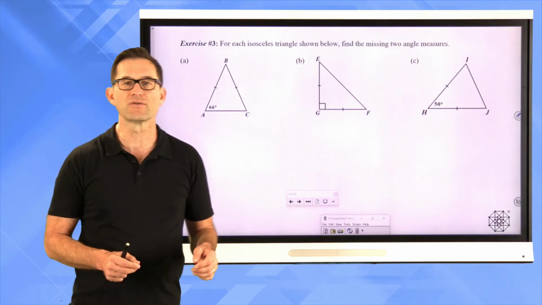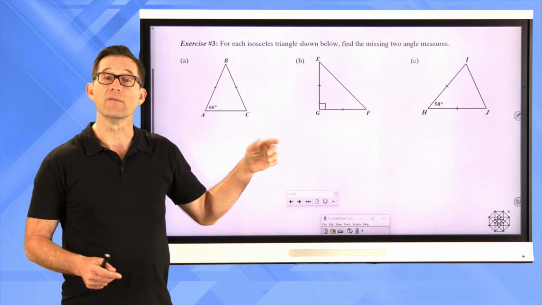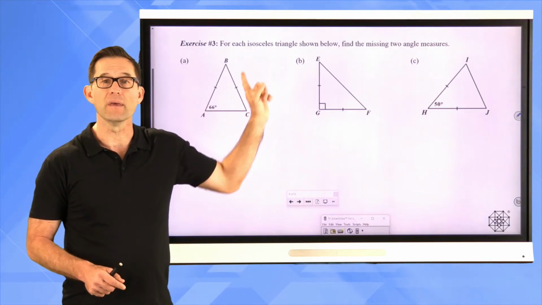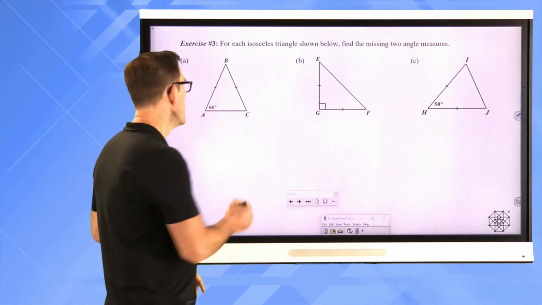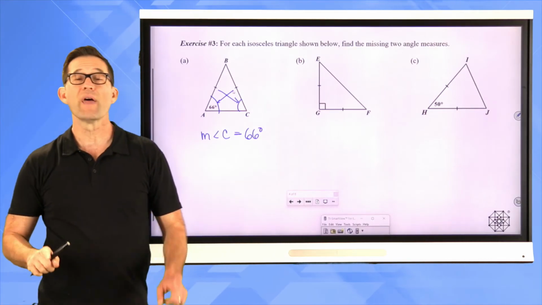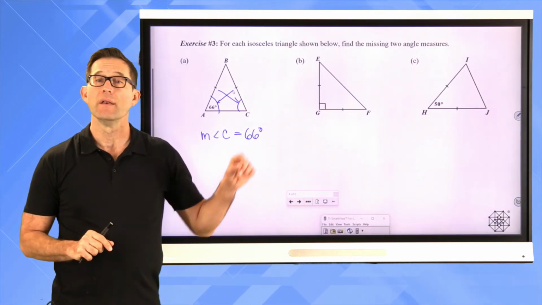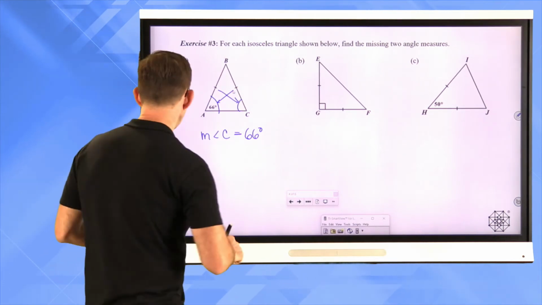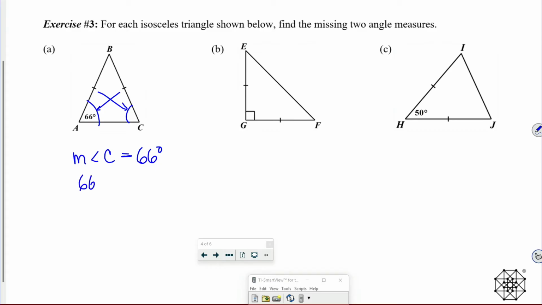All right, so let's take a look at triangle ABC. In triangle ABC, the only angle we know is this 66-degree angle, but we know that side length AB and side length CB are the same, which means that this angle and this angle have to be congruent. And that immediately tells us that the measure of angle C must also be 66 degrees. So that's one of the two missing angles. Now, the final angle, which is the vertex angle in this case, we can figure out by simply doing 66 degrees plus 66 degrees and getting